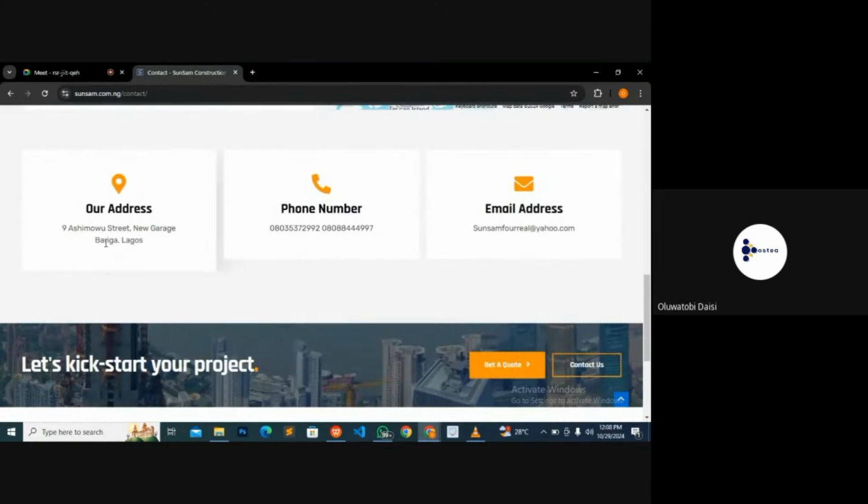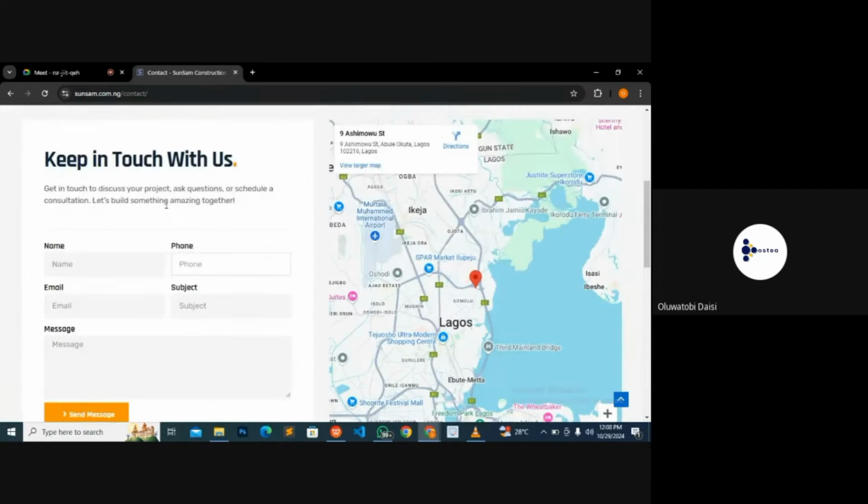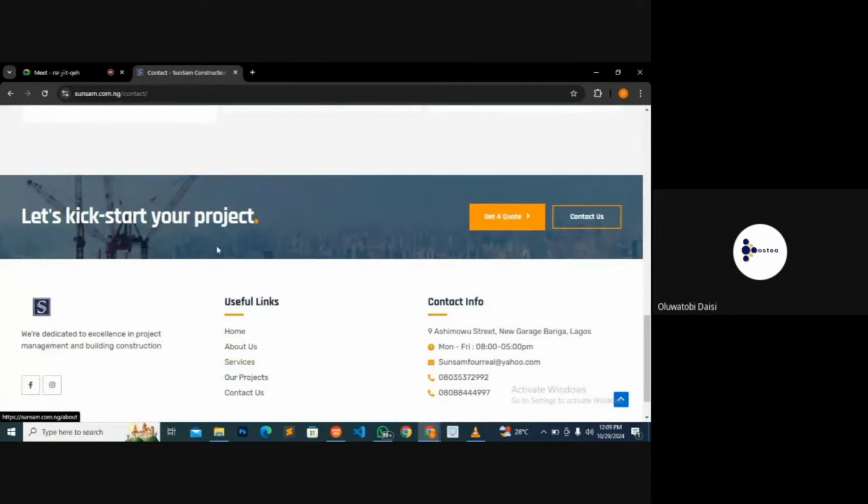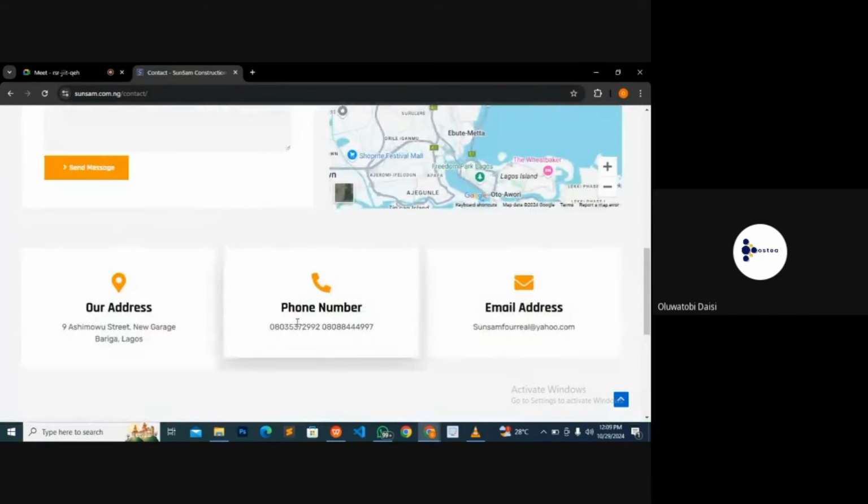All right. So you also include some information about the company, such as their address, their phone number, and their email address. So if somebody sees this address online, the person can easily walk up to their physical company if the person wants to. You know where the address is. It is now easy for you to navigate to their company. This is their phone number here. You can reach out to them through a phone call. And if you're going to send a mail, you can do that by sending their mail here. And in fact, you can send the mail directly through their website. This is a map, not always compulsory, but it's also good. It makes your work look very good and shows your expertise. All right. So you round up and then you have a footer. That's that about your content.